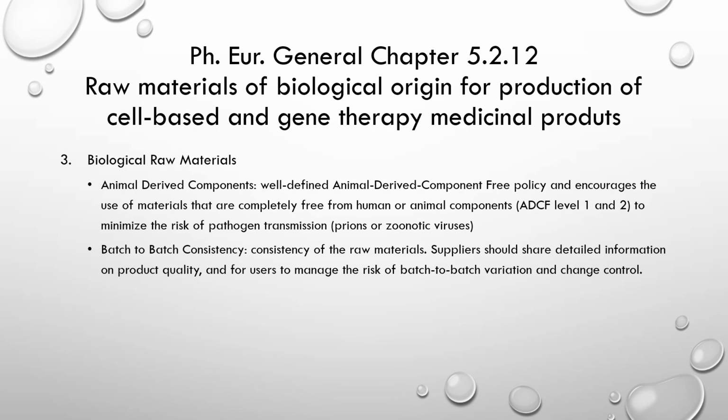Pharmaceutical quality systems mean that you have a change control in place, and that change control may require you to submit an amendment, or it may require you to do a variation, again depending upon the impact on the quality of your product. These biological raw materials are very critical to the quality of your product, and any changes that you make to your raw materials may, well, most probably will, require you to